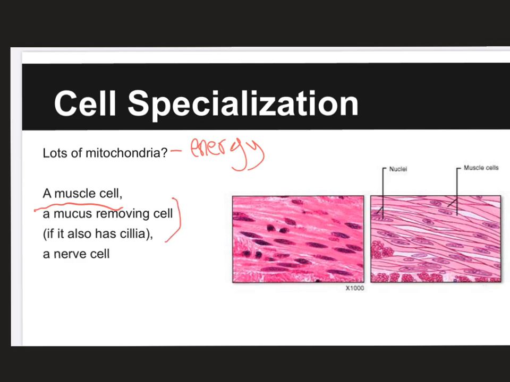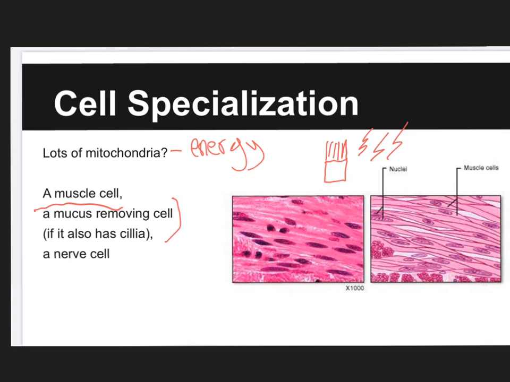Any cell that has cilia on it is another example. For example, there are cells in your lungs that have little cilia hairs that wave around and beat and pump mucus out of your lungs so that they don't get full of mucus. If those cilia are broken, you end up with cystic fibrosis, which is a terrible disease, or if you've broken them yourself by years of smoking, you end up with what they call smoker's cough, this gross hacking cough you get because your cilia are too damaged to move the mucus out of your lungs. But anyway, since these cells have to wave those little cilia around all the time,